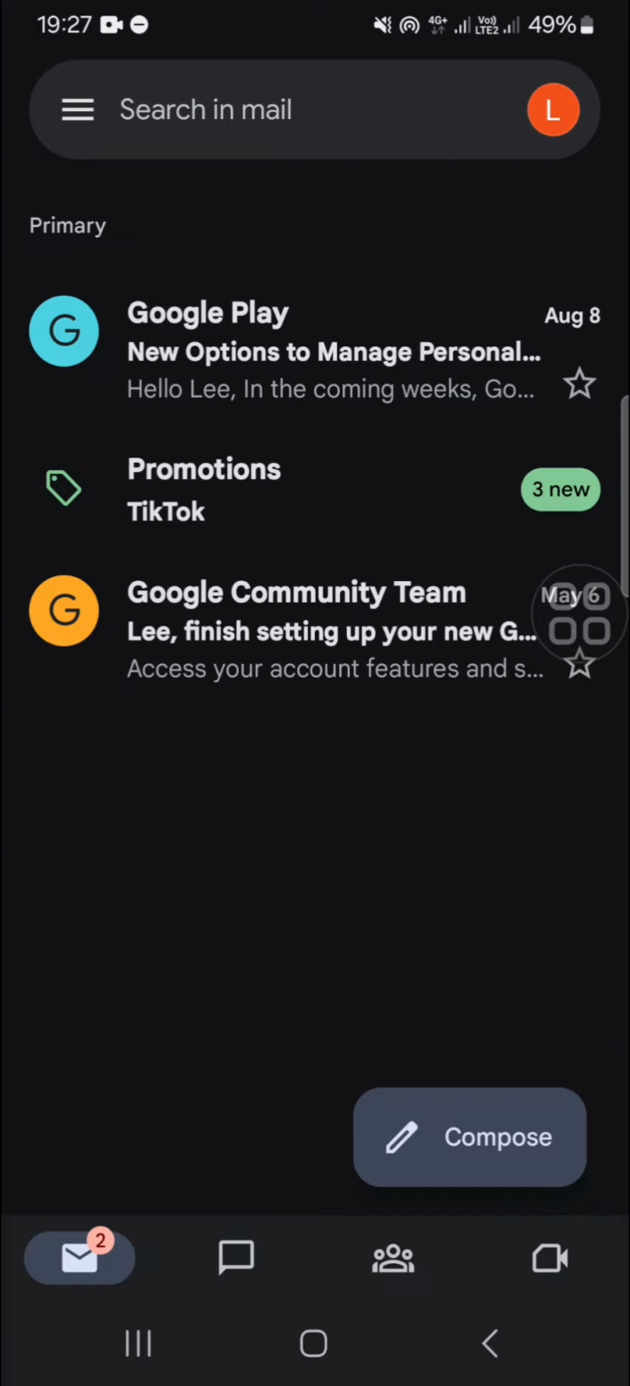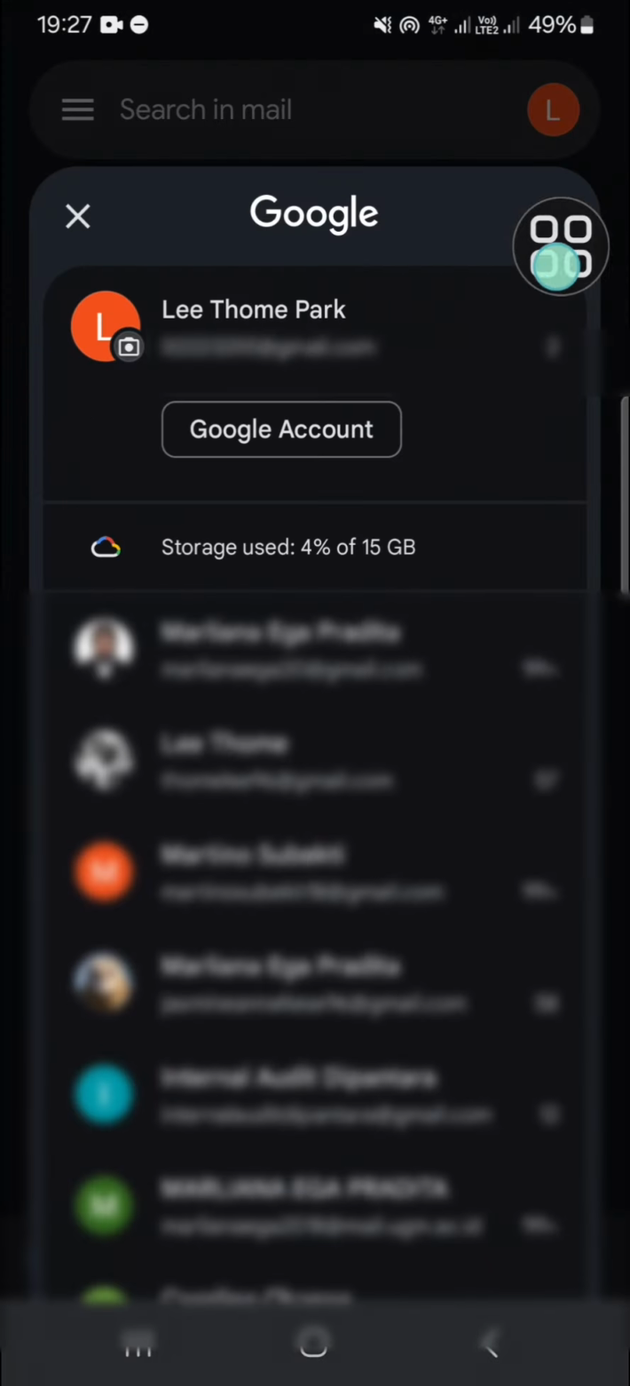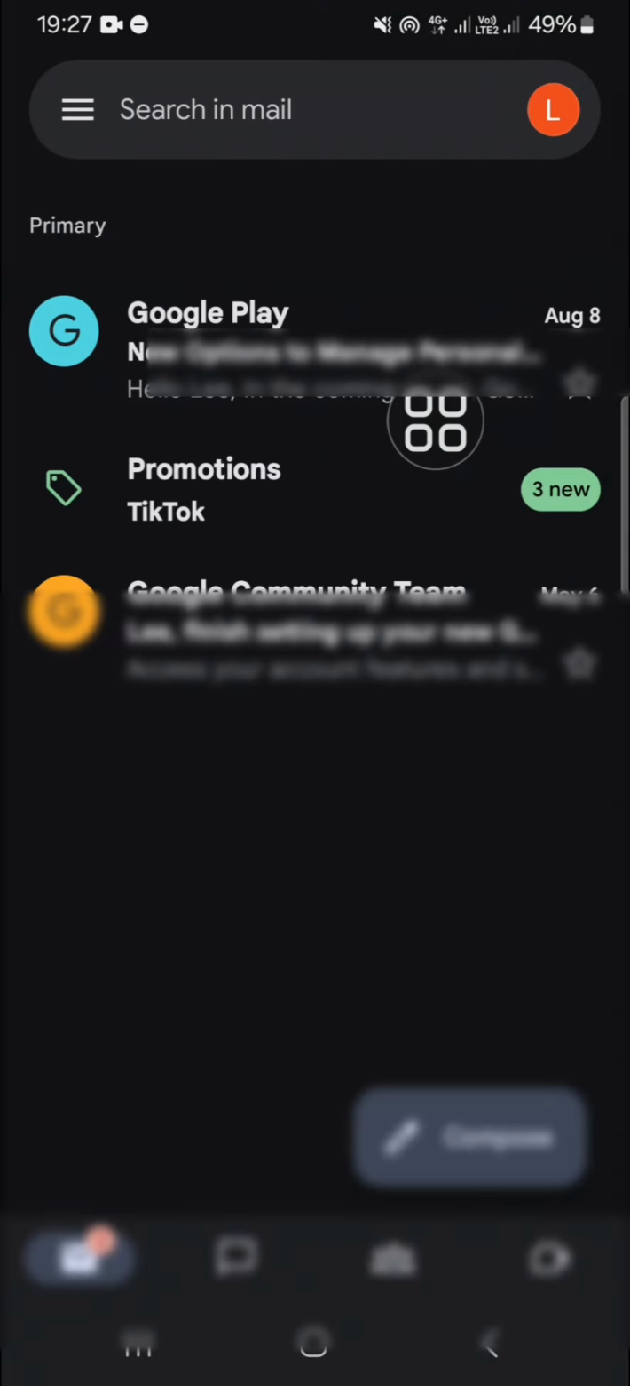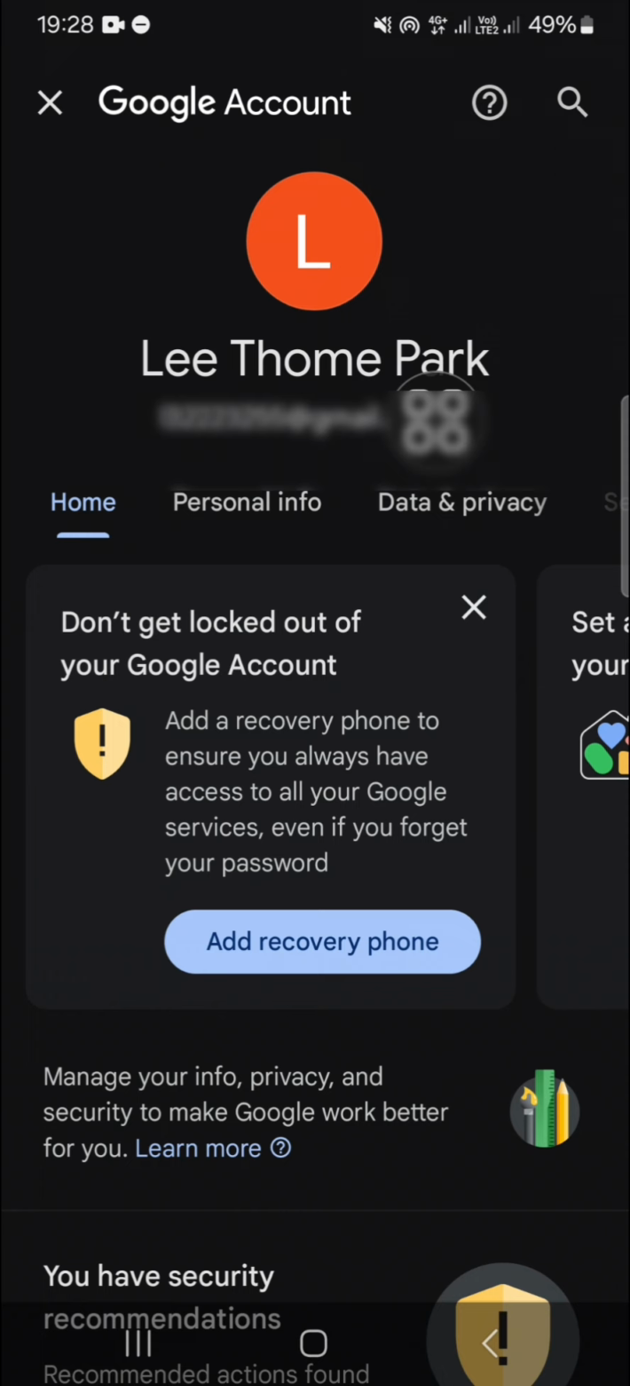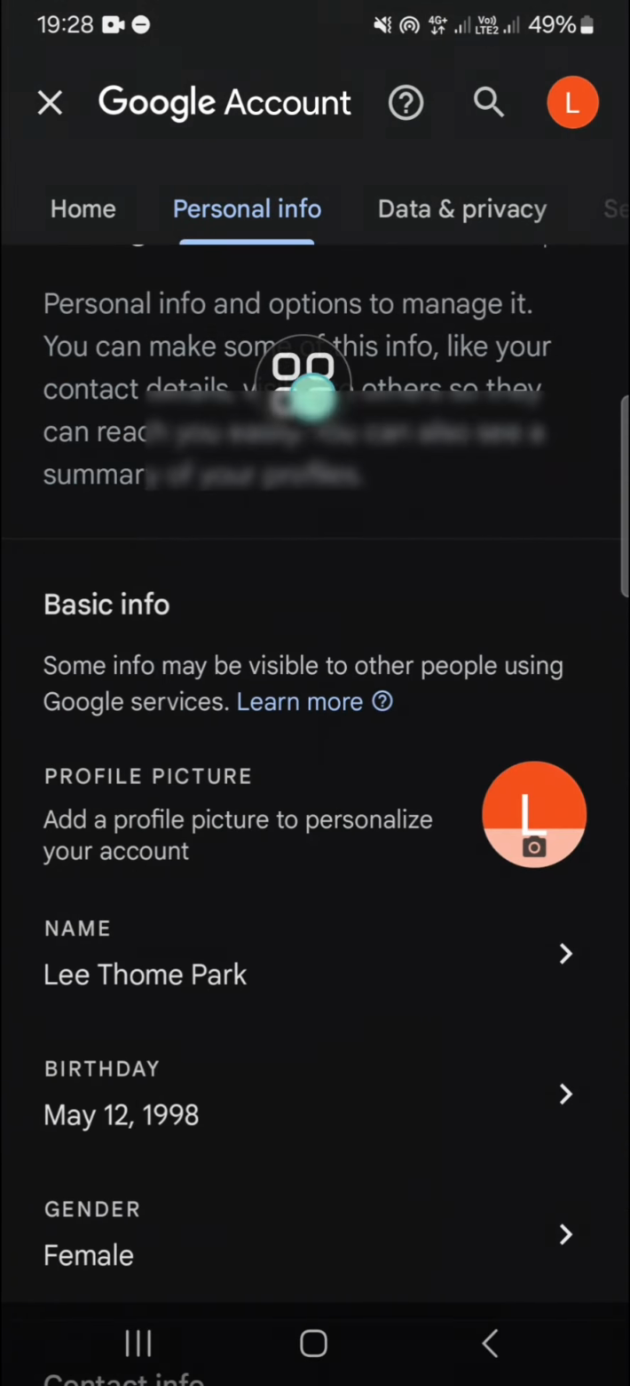I have opened my Gmail, and first of all, I'm going to go to my Gmail profile. Click on the profile icon on the top right, and then we have to go to the Google account setting. Okay, in the setting, we need to go to the personal information, and here we'll be able to change our